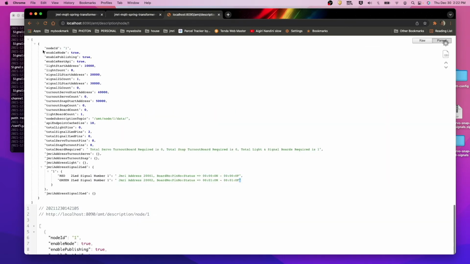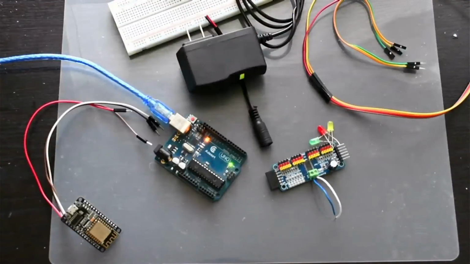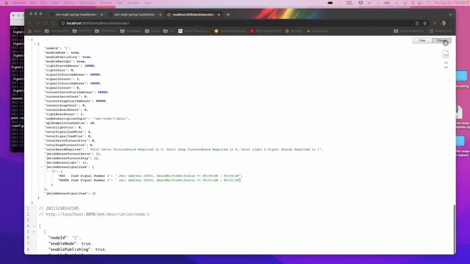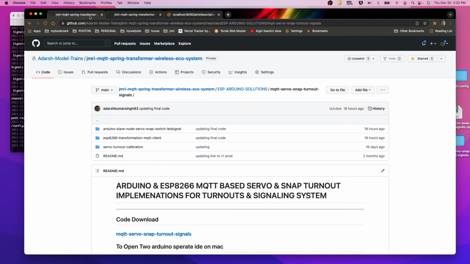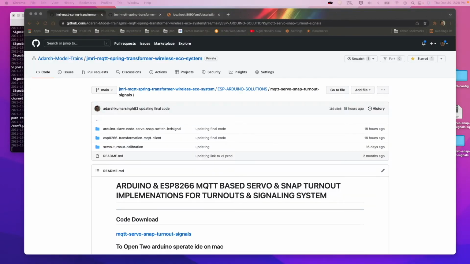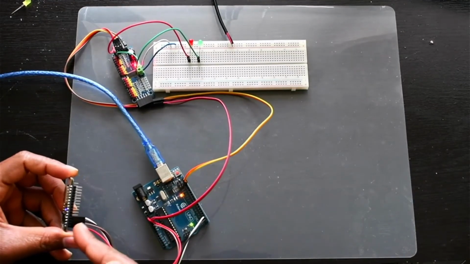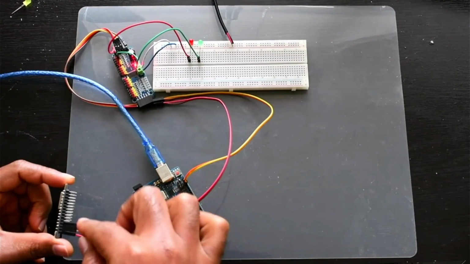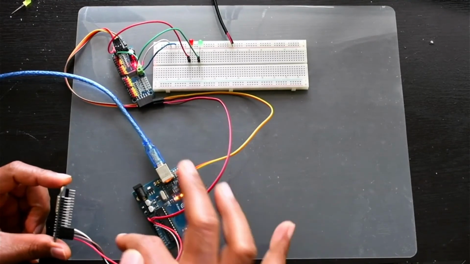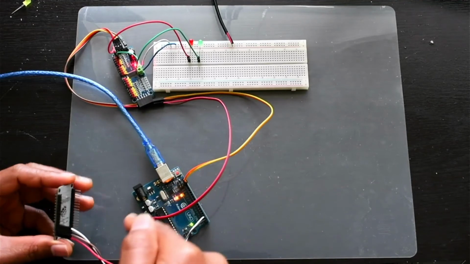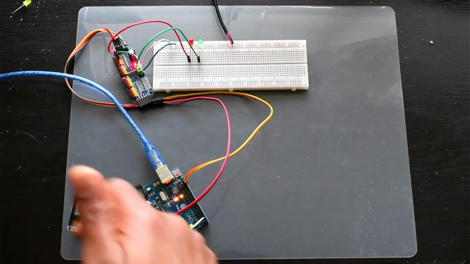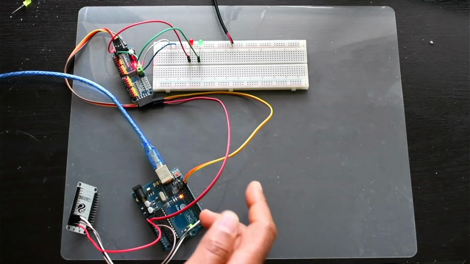Next, we have to connect everything together and then test that by starting JMRI. Let's do that part first. Here you can see I have connected everything. The ESP8266 is connected with the Arduino using RX TX pins, and the red one is 3 volt and this brown one is GND coming from Uno. We are powering up the ESP from Uno, and this is the RX TX pin.